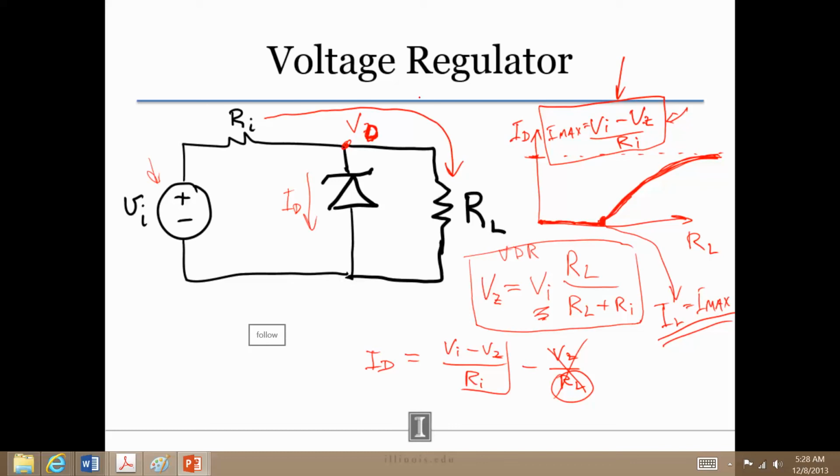Okay, and as you notice, again, the smaller Ri is, the more of this ballast current we can have. All right,